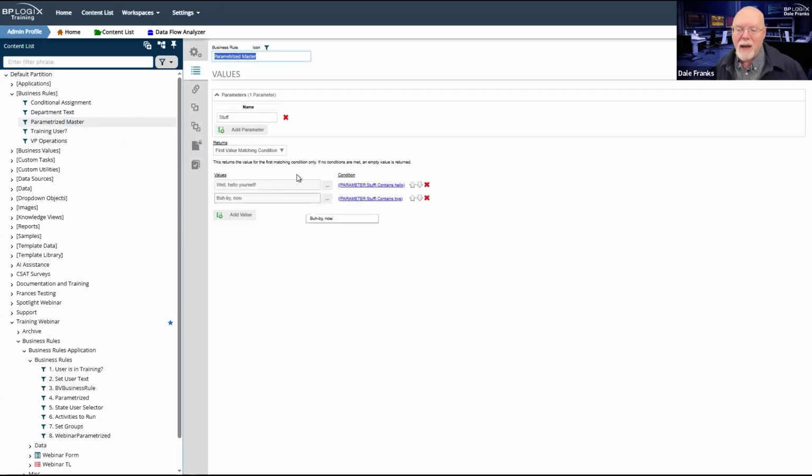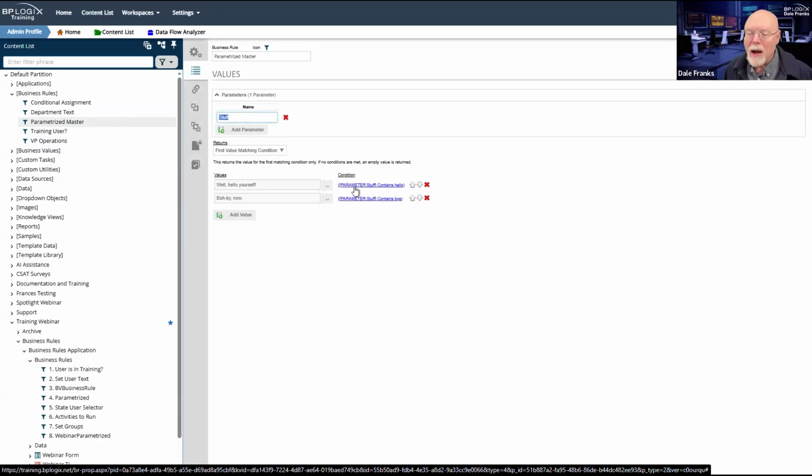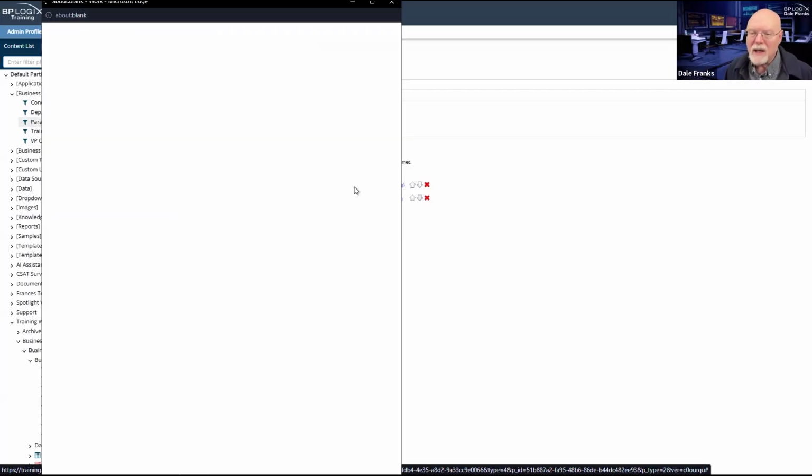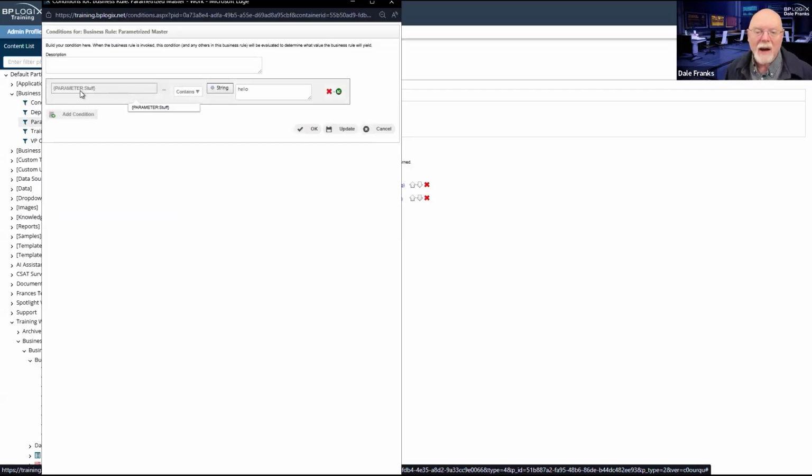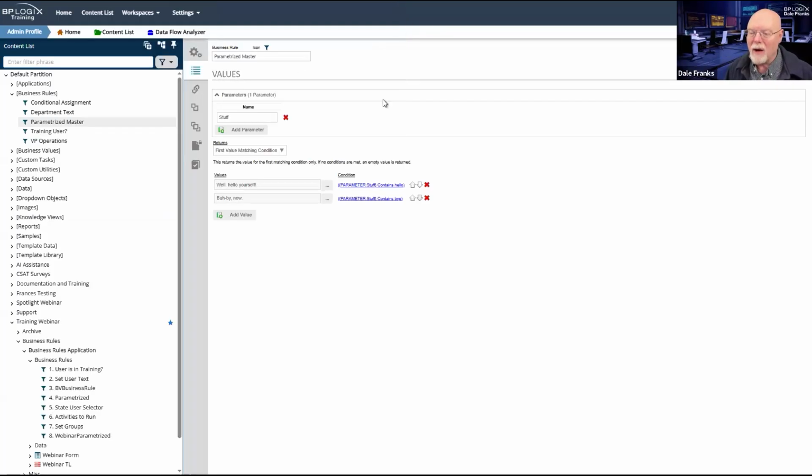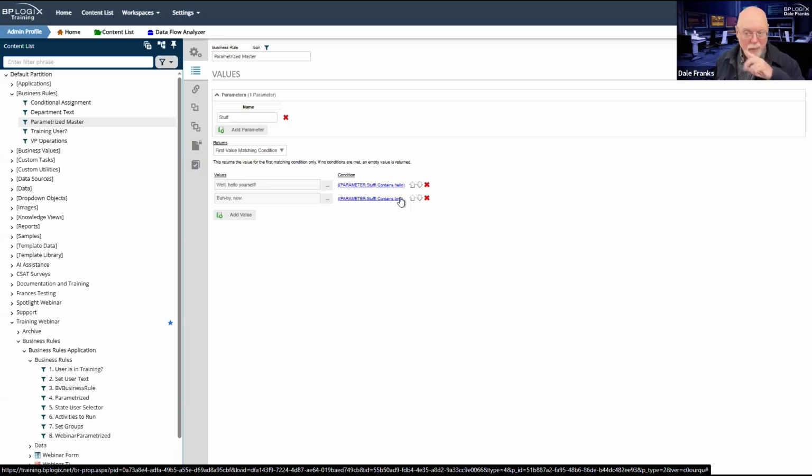So in this case, I have a very similar business rule to the one we just looked at, which is parameterized. I have a parameter called stuff, and all the conditions use the parameter as the testing condition. So in this case, I have parameter stuff contains, and I have hello, and I have by as the parameters.